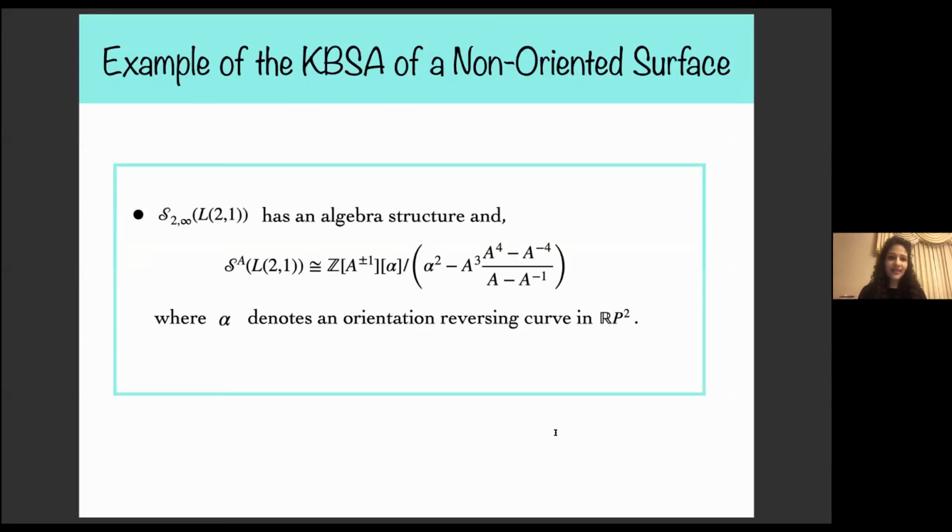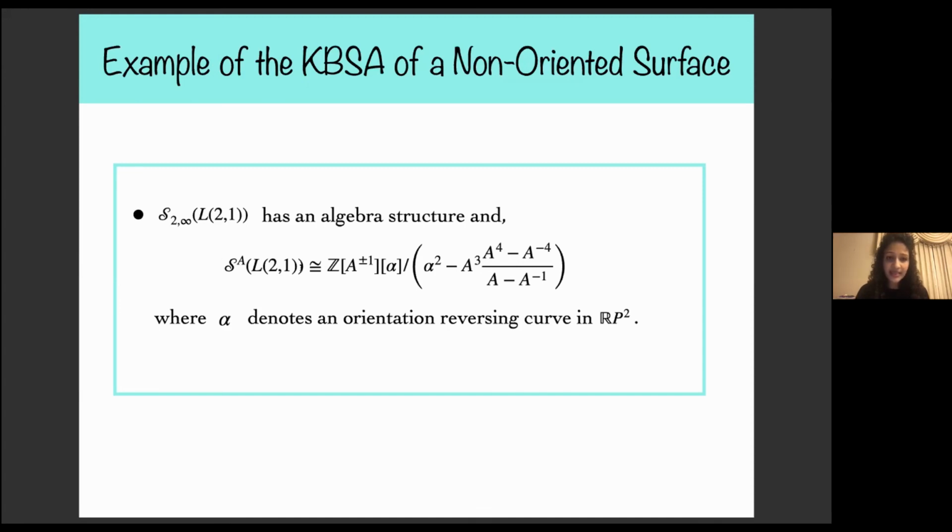Yes, so the last example for Kauffman-Bracket skein algebras that I want to talk about is the non-oriented case. So if you consider the Kauffman-Bracket skein module of L(2,1), so L(2,1) is a lens space. It is an oriented 3-manifold. Then this has an algebra structure. And in fact,